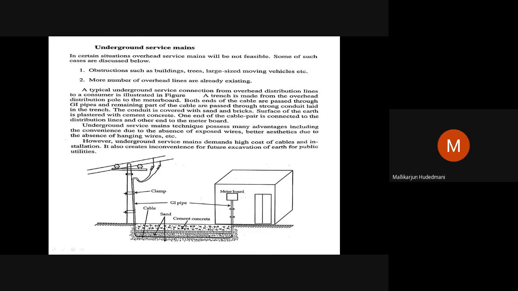In the case of a city, which is already structured and planned as a township, such connections are done so that it looks neat, tidy and structured. So it is a costly mechanism, no doubt, but it is a permanent solution. Compared to the earlier one, this is a very good solution for service provision. Hence, we call it a modern structure, a good way of laying the conductor, and only on certain critical damages or issues do we need to replace the cable. That will call for additional investment. But it looks like a very sophisticated way of drawing power from the distribution company to the premises. Okay, this we need to concentrate on.